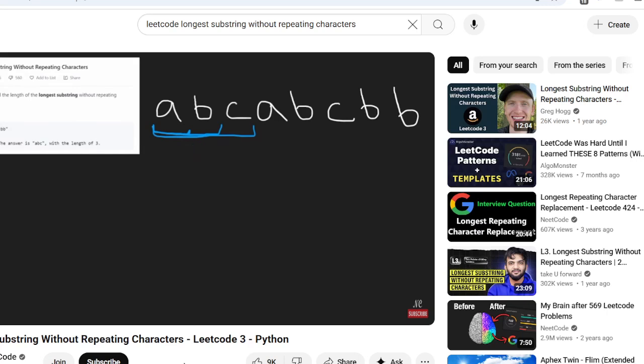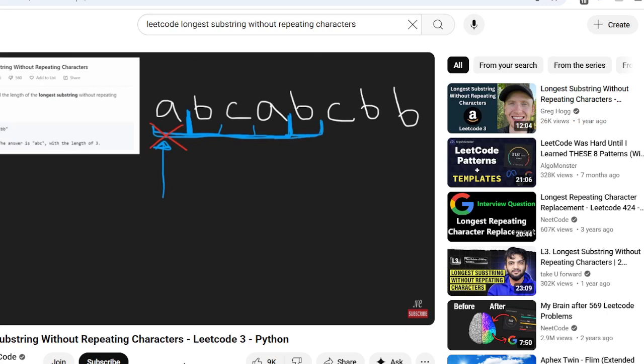So once we get to this next A, we're going to say, well, now we have two A's. So we need to start removing from the left. We need to start shrinking our sliding window until we no longer have duplicates. So I'm going to say remove this one from our substring. Now our substring runs from here, from the B, all the way to the A. Now it's perfectly valid, so now we can keep going. It's still only length 3 though, so next we're going to add this B. But wait a minute, now we have two B's.